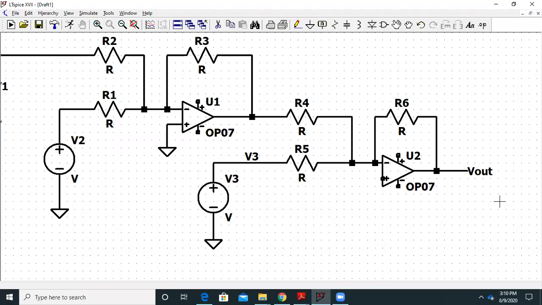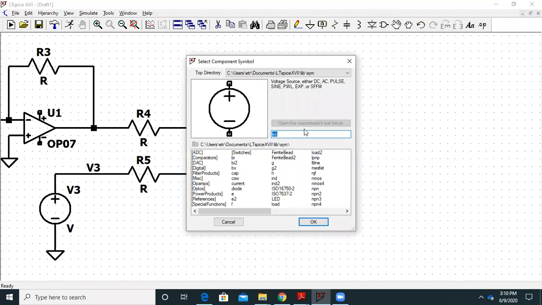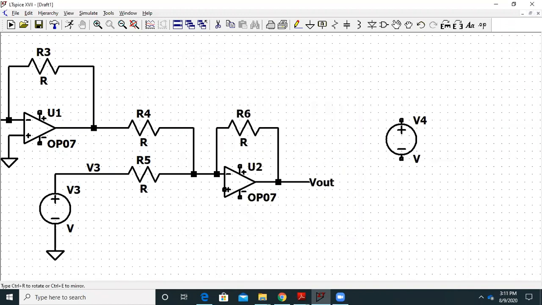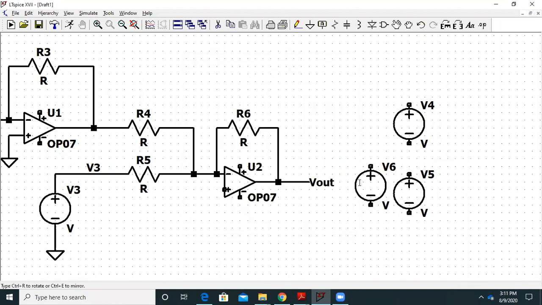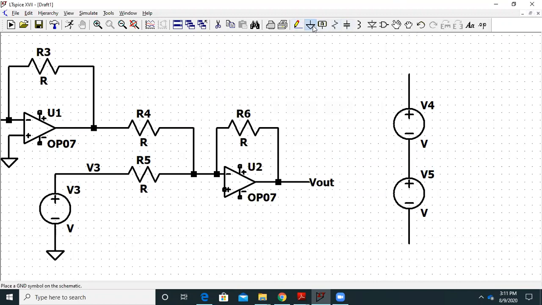Now we have to connect the power connections. For power connections, we can take two voltage sources. The op-amp will require a dual power supply. So we can join the connections like this, and it will have a common ground over here. Let me do the connections for this common ground.